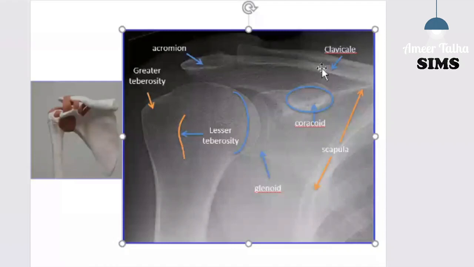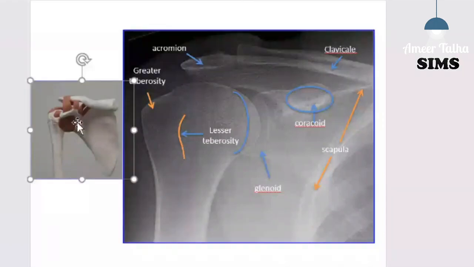So this slide is showing, we also have this type of model of the shoulder in our department. Exactly, the ligaments are shown over here: the anterior and posterior glenohumeral ligaments, and this is the conoid part, and this is the trapezoid part of the coracoclavicular ligament, and this area is showing the coracoacromial ligament. So we will move now to the next slide.